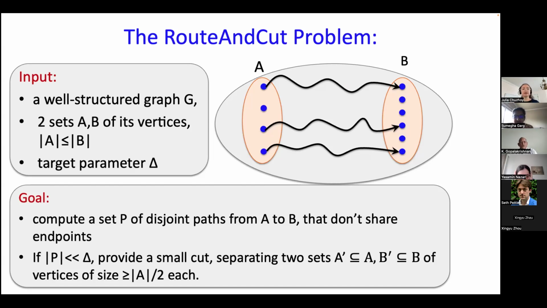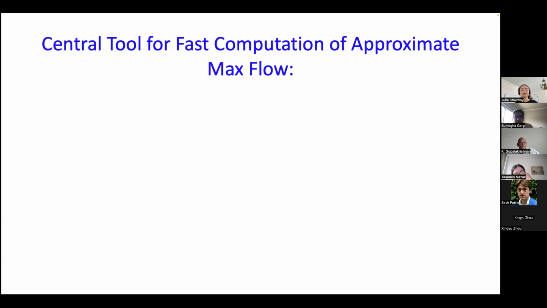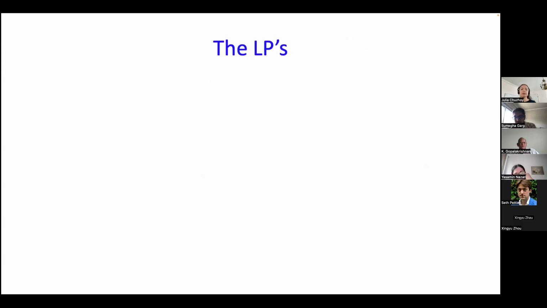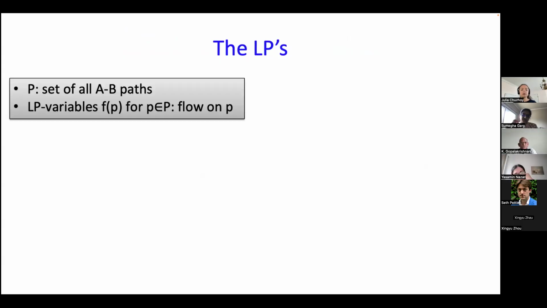So again, intuitively, what's this route and cut problem? We want a fast algorithm for approximate flow. And if you want a fast algorithm for approximate flow, there is a really neat tool that allows us to find it, called the multiplicative weight update framework. Before I describe this algorithm, let me first describe the LPs, and these are going to be the standard flow LP and its dual. I'm going to denote by capital